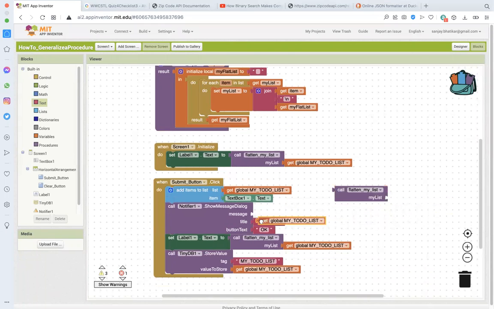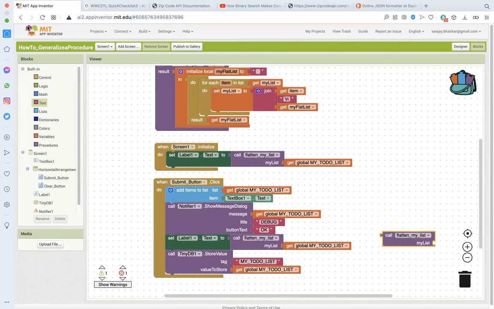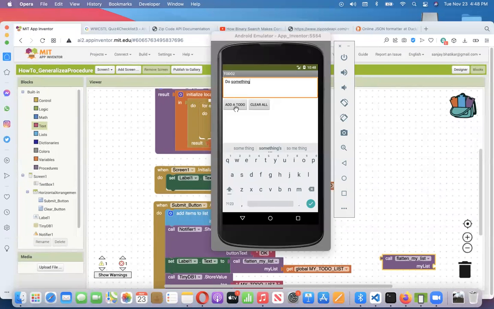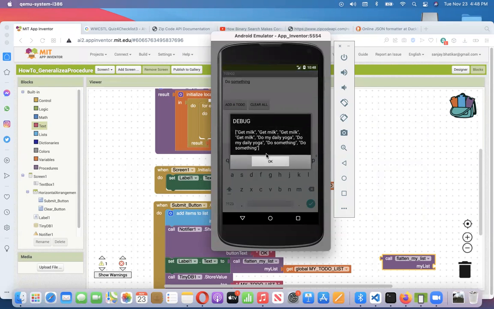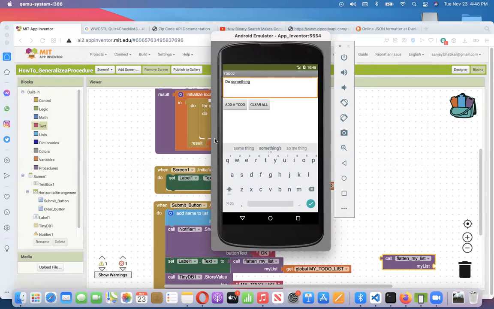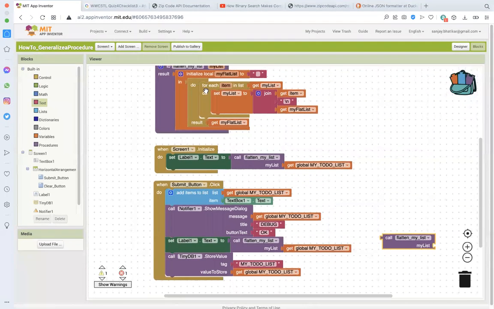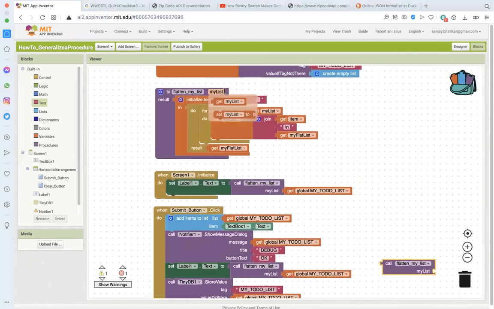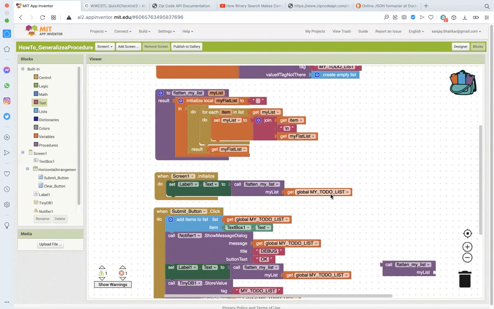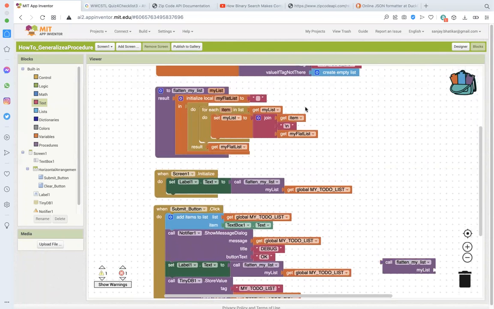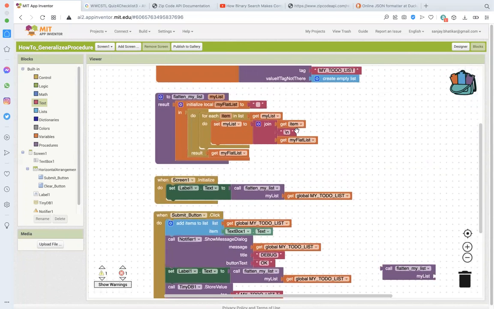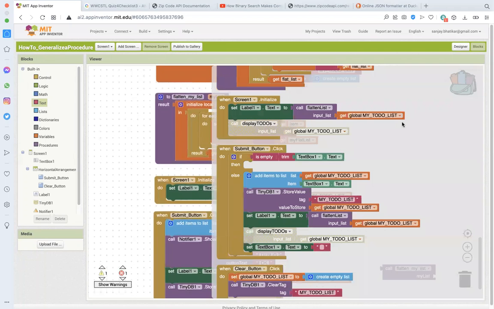Let me just try showing the list itself. Refresh, do something. Yep, so the list is working okay. And the problem is with, there's a lot of elements in the list actually. The problem is with how I've implemented the flatten. All right, so let me give it one more look, and if I can't solve it, I'll get back to you on this